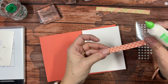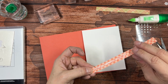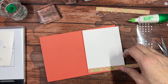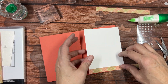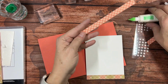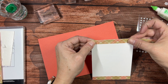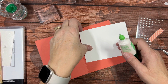If I'd cut these a little bit smaller, I'd have enough DSP to do the envelope flap. Should have thought about that. Because I cut 2 1/2-inch strips, this is now only 2 inches wide, and it really needs to be 2 1/4 to do the flap. Let's go ahead and